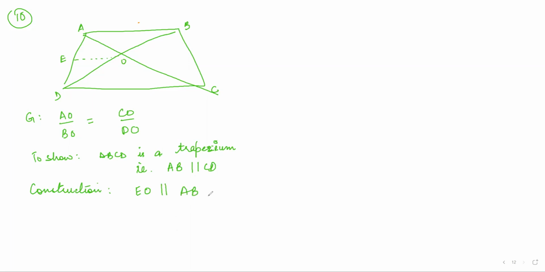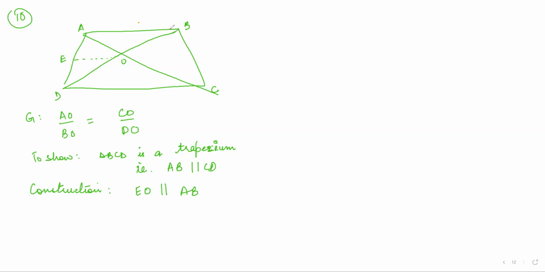Now, the important thing here is I cannot take EO parallel to AB and also parallel to CD. I cannot do the construction like this. Why? Because ultimately this is what I have to show. If I draw it in the construction, then what is the point of the proof? So only one side I'll take to be parallel. The other one we are going to show is also parallel. Because I have taken EO parallel to AB,